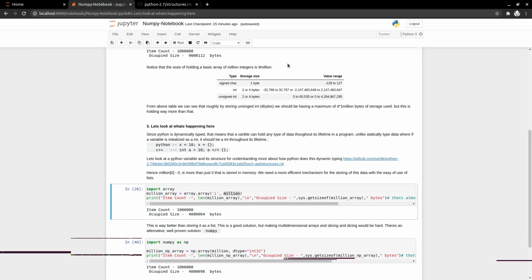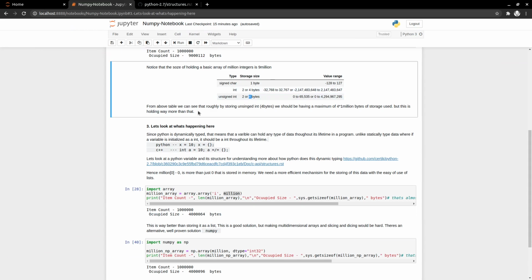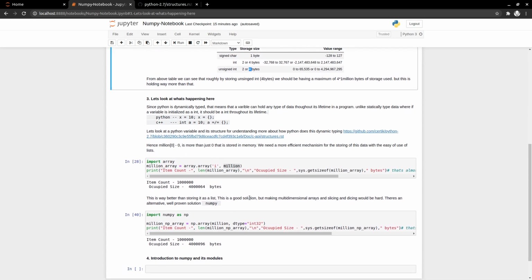That is good. If each object inside this array was an int of 4 bytes, it makes sense that 4 into a million is 4 million plus a little bit of information about the array, so you get that extra 64 also. I'm not exactly sure where that extra 64 comes from, but we get it. We are at least okay with storing 4 million, right?